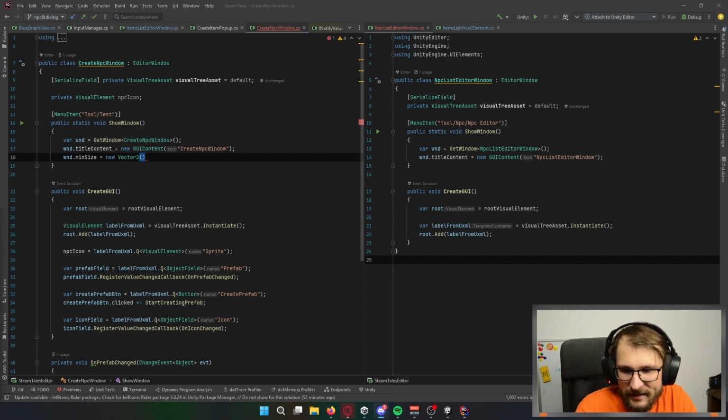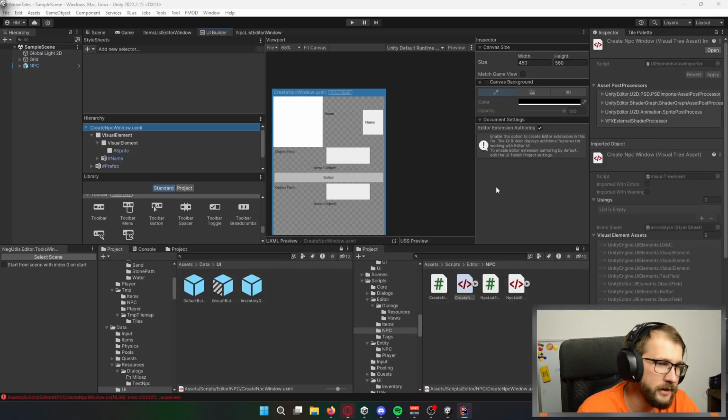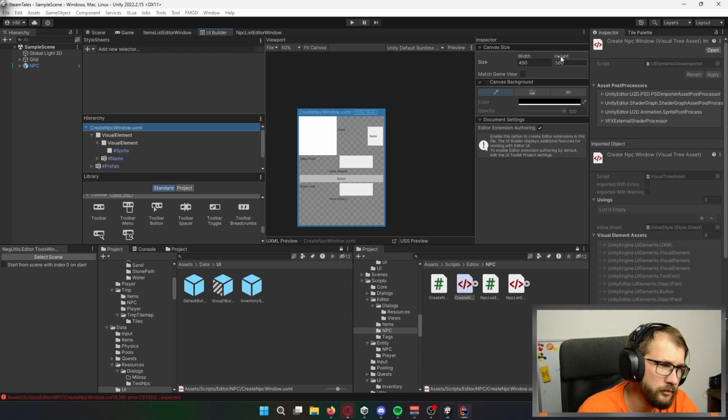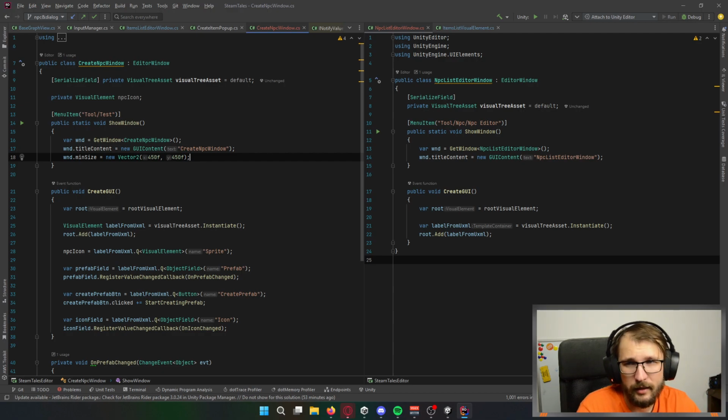On the x-axis we have to go with 450, as I said, and for the y-axis, let's go with 450 as well. Okay, so if it's Vector2, let's go with floats. I don't have to add this F letter, but I like it that way. I'm used to it, so I will leave it like that.